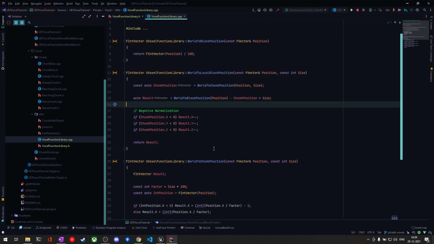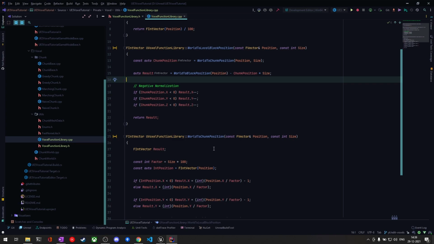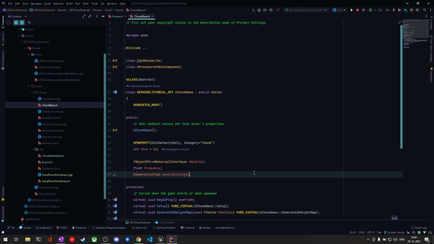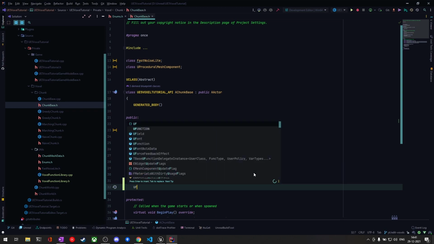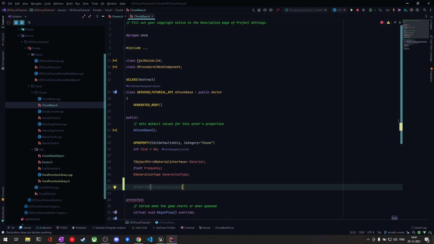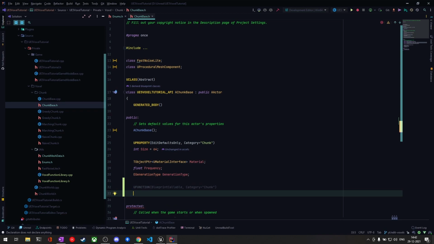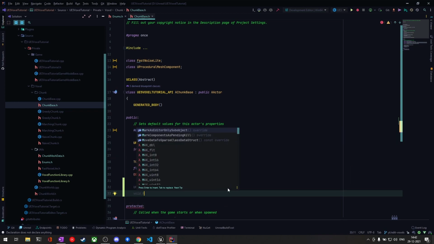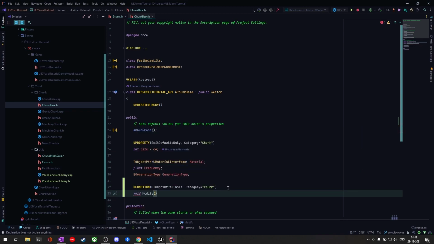Right. So with this, our blueprint function library is basically implemented, and we can get started with the actual chunk base API. So in our chunk base, we will be adding a UFUNCTION. So let's start with UFUNCTION, and this would be BlueprintCallable. It won't be pure since we'll basically be modifying state here. And the category, I'll give it as Chunk. Right. And this function will actually do both addition and deletion, since we'll be taking the block type also as an input. So I'll just call it void ModifyVoxel,